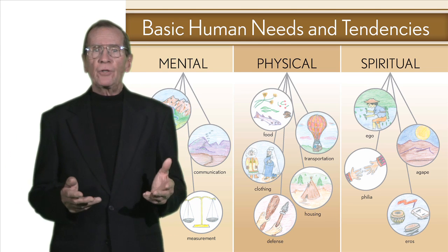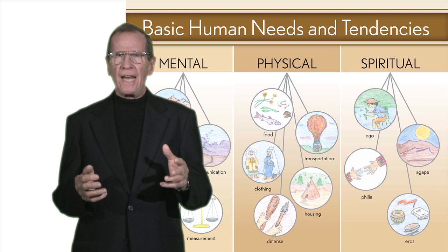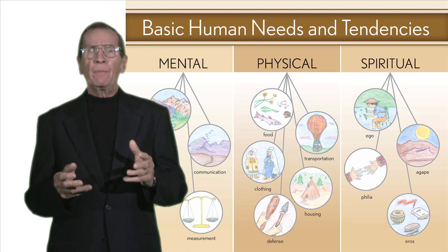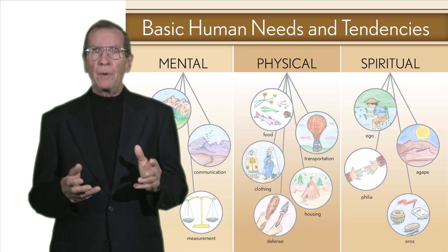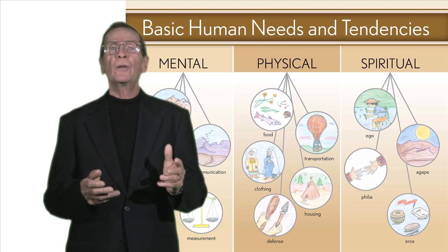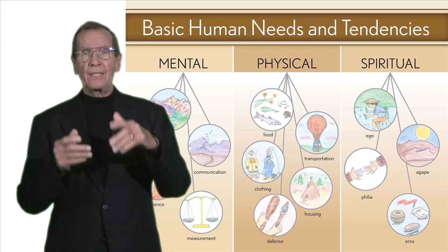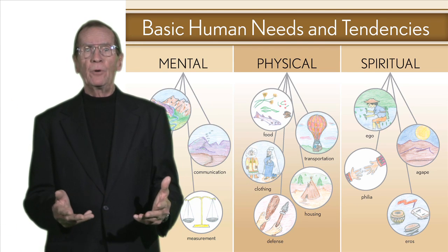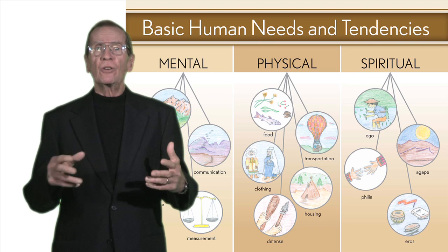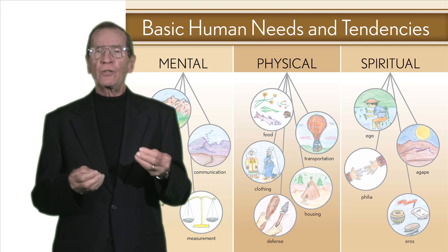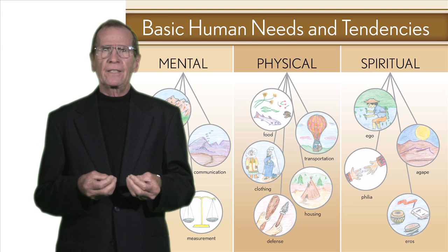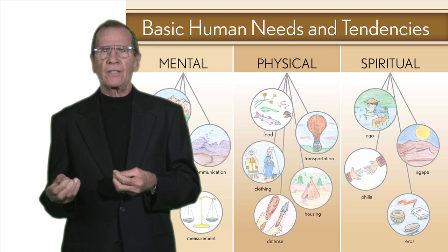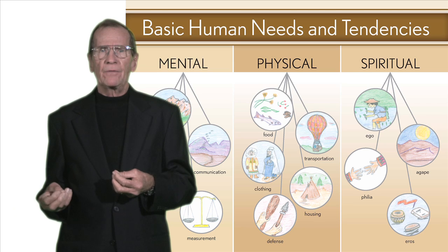Now, of course, we have to help the children understand all of this language. And the best way I found to do that was to have each child prepare his or her own personal chart. That means they're given a large piece of paper and they draw the 13 circles, and then they picture themselves exercising their physical needs, exercising their mental faculties, and creating love in their lives.